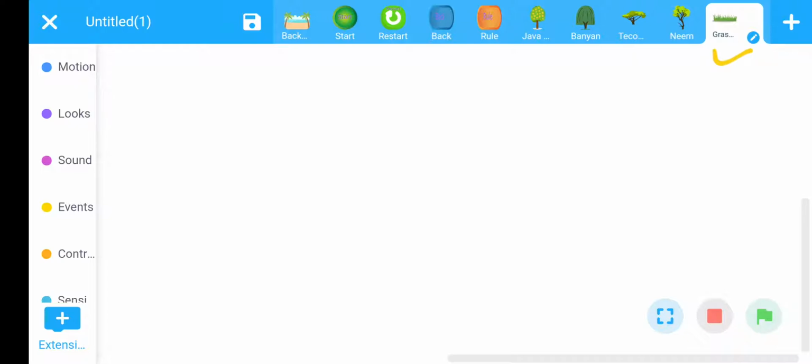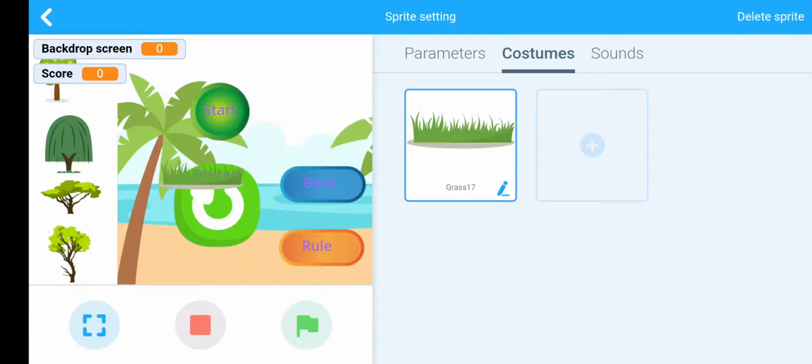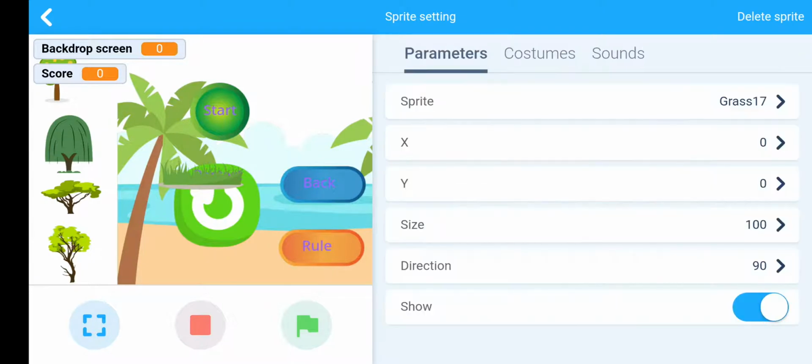Look at here, this sprite is added here. Click on this sprite, then click on parameters and rename this sprite.